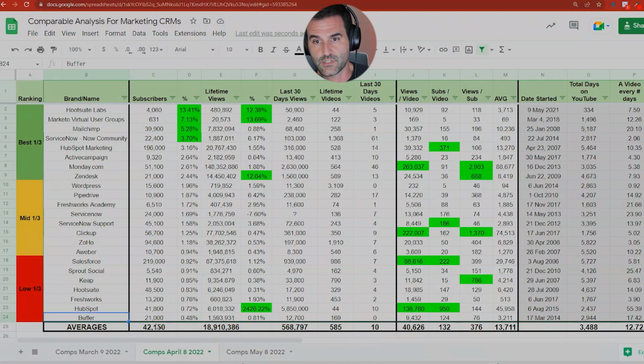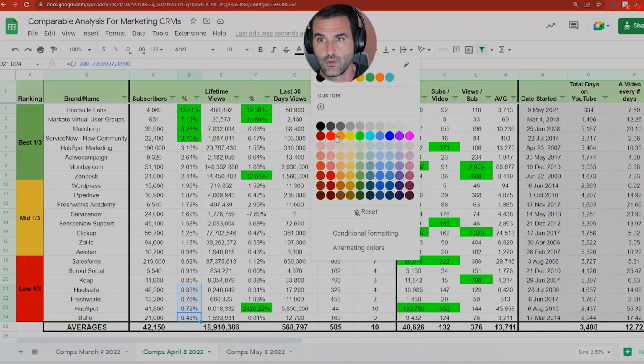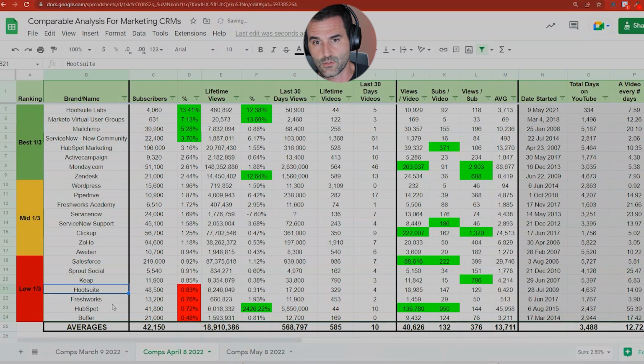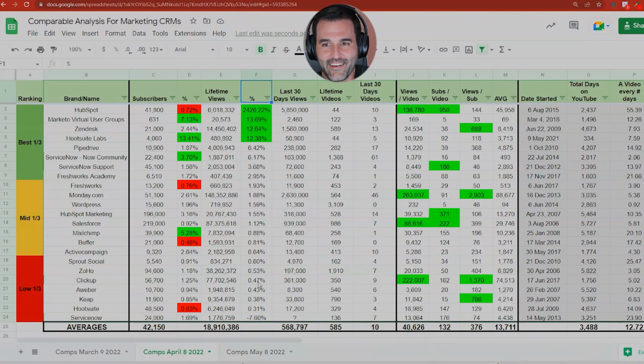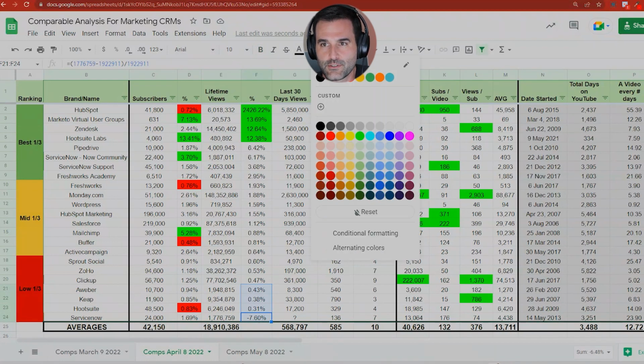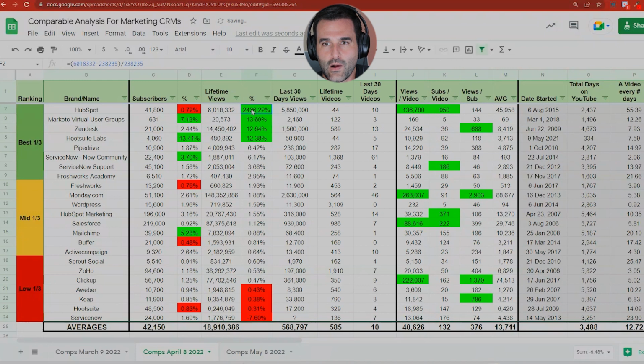And then Buffer's at the bottom here. Well, let's highlight the bottom 4 too, just to keep it easy to see. So yeah, Hootsuite, Freshworks, HubSpot, and Buffer grew by the slowest rates on the subscriber base. Okay, so now let's look at lifetime views. This is insane. This is why I was picking on HubSpot in the last one, because, and I'm going to change this one right here too. This is why, when you see